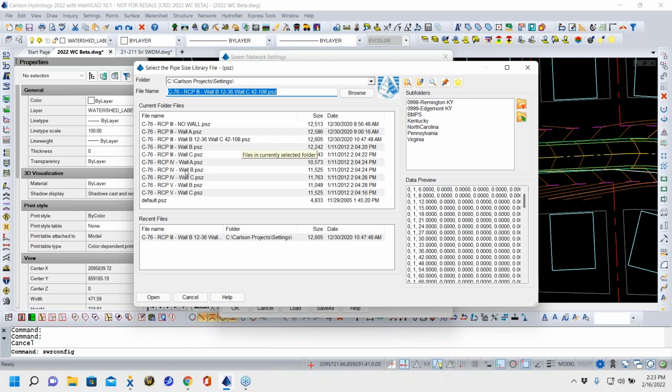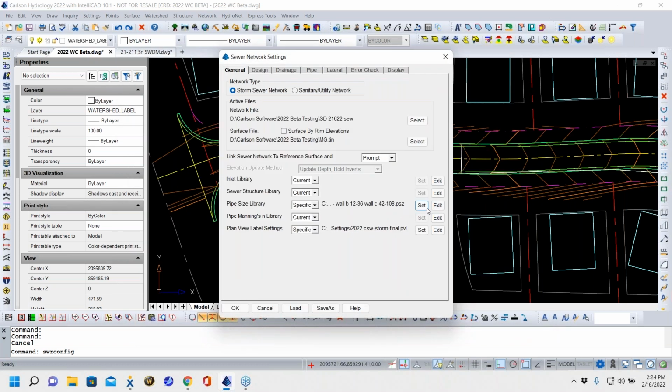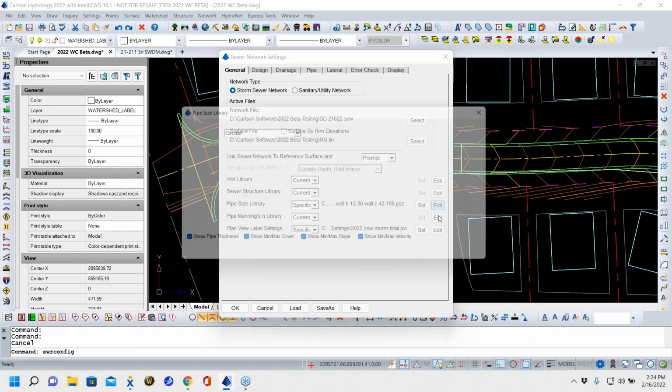These are the bare bones minimum wall thickness. Most pipe manufacturers, they're a little bigger. Okay, so this is just something to give us a guide because the cool thing about Carlson software is we're going to be looking at outside diameter versus outside diameter, not the inside diameters. We're not going to look at that. So what we do is I like to add this. I'm not going to do it now because actually this is my current one. I use it every time. So I'm just going to go ahead and I'll say open,